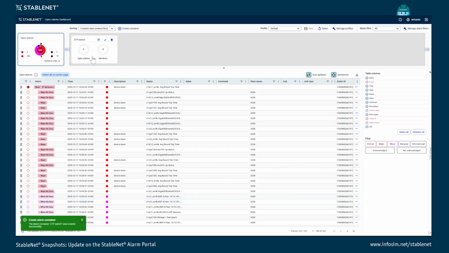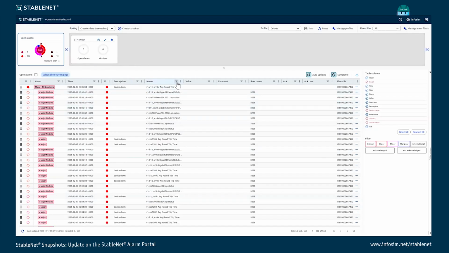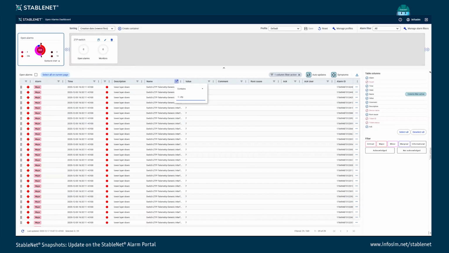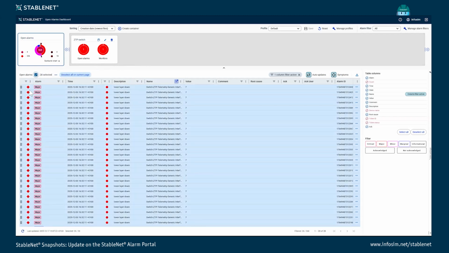And now we have here a new container. At the moment, this container is empty. But what we can do is we have a lot of alarms for the ZTP switch. So let me filter here by name, and I can just take one alarm and move it here. Now it has been moved from the list here to my container, but I can also select all, which is